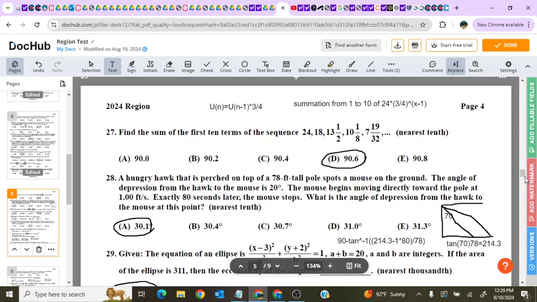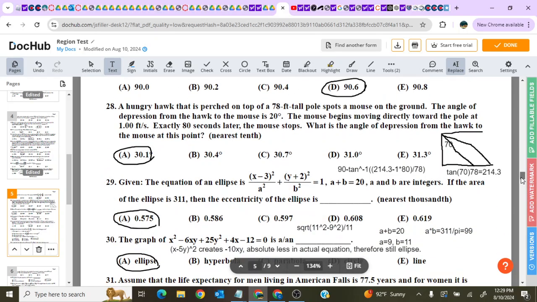29. The equation of an ellipse is (x minus 3) squared over a squared plus (y plus 2) squared over b squared equals 1. A plus b is equal to 20. A and b are integers. The area of the ellipse is 311. What's the eccentricity? The area of an ellipse is equal to